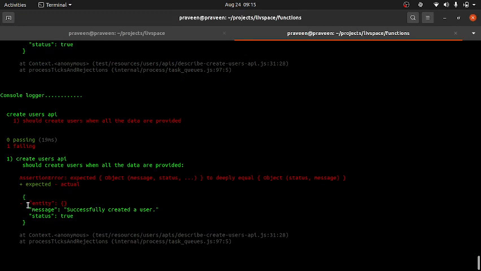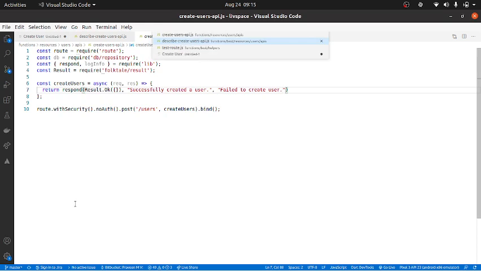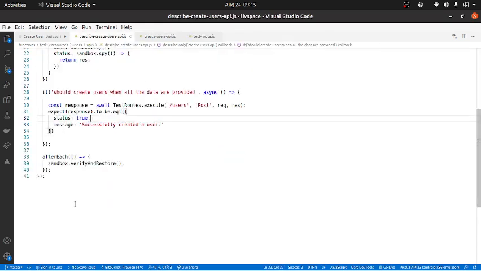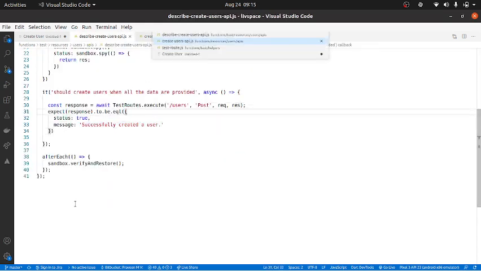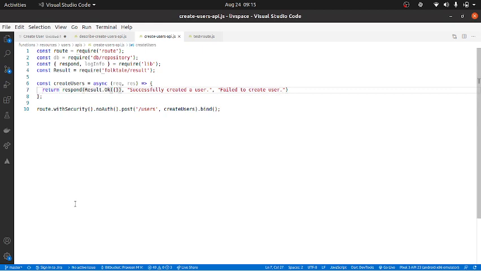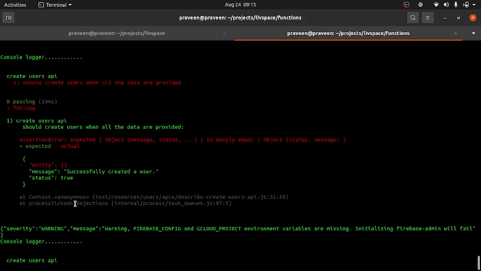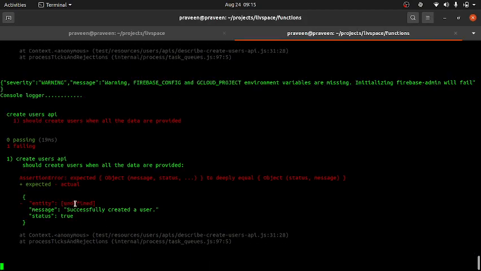It almost passed. Only thing is the entity, it's basically telling it's an empty object. So I shall go and make sure the entity is an empty object. Or let me see if I can just provide this and make it pass. Undefined. Okay, got it.